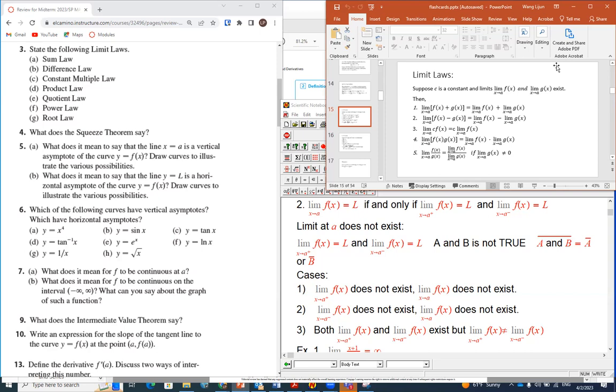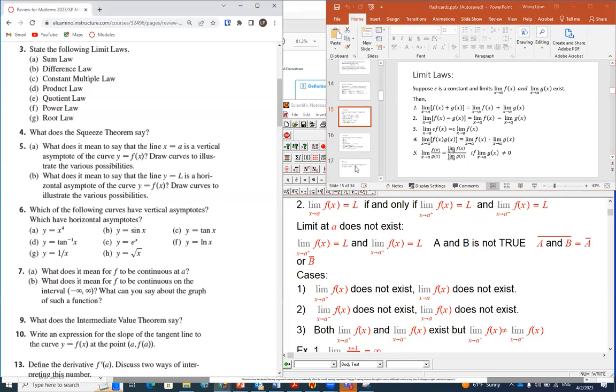Whether you check that condition or not is reflected in your work. When you apply these laws, if any one of the terms that you apply the law to does not have a limit, then you're making a mistake. You cannot apply that limit law. But this is the concept part, so I don't want to make it too long. Number 4,